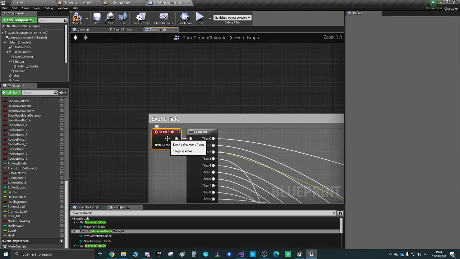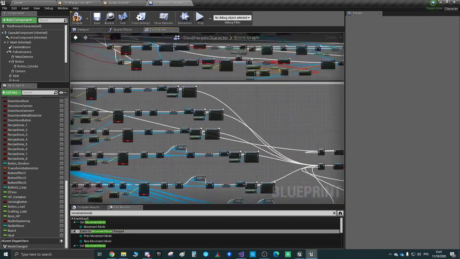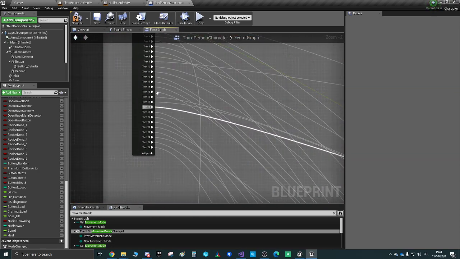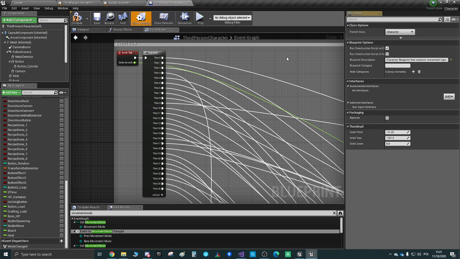And remember that event tick runs for each frame. So for example, we have 60 frames per second. This whole thing runs 60 times per second, and I really doubt you need that, because there's way too much in my opinion. Also, in your class settings